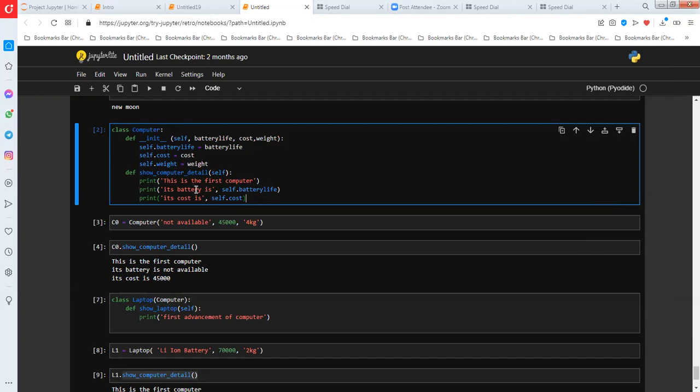So for inheritance, the intent of this structure is that you do not need to define everything every time. Say, if you are writing code, suppose that this computer class is